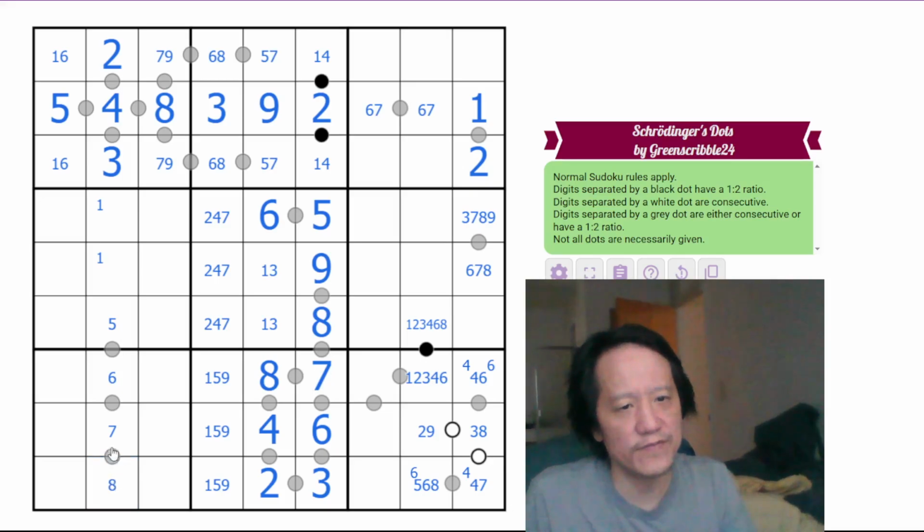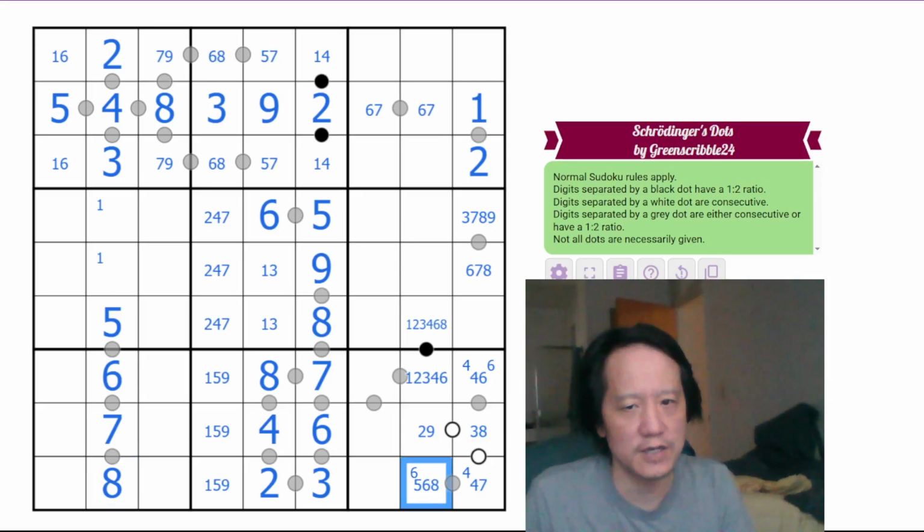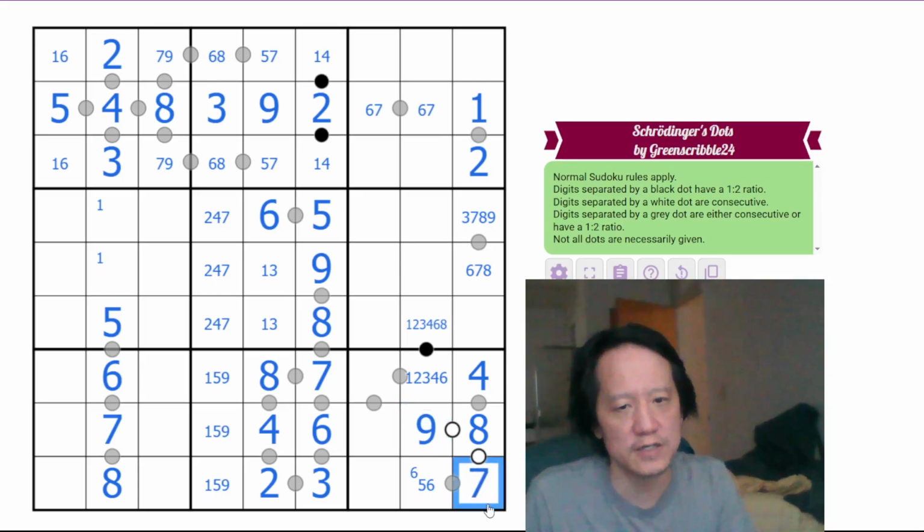So this cannot be 5, 6, 7, 8. 6, 7, 8, 9 does not work. This has to be 5, 6, 7, 8. This is 5, 6, 7, 8, which eliminates 8 here, and 6 here, so this must be 4. 4 is in a 1 to 2 ratio with 8, so this is 8, this is 9, that's 7, that's